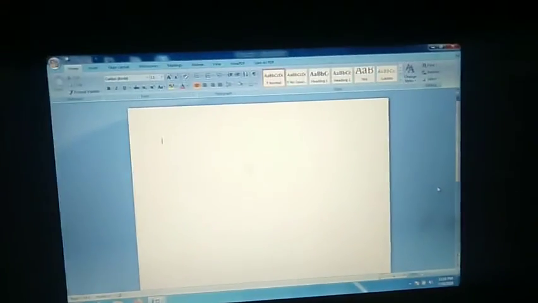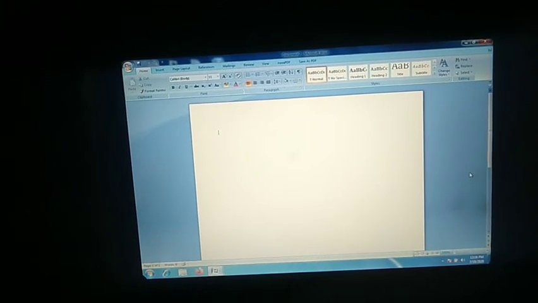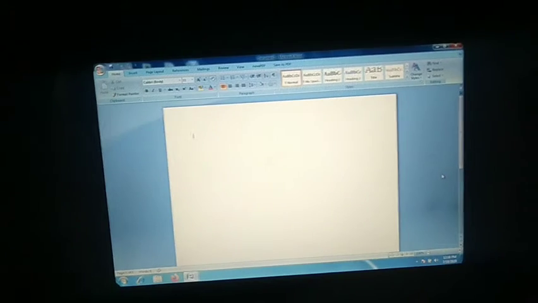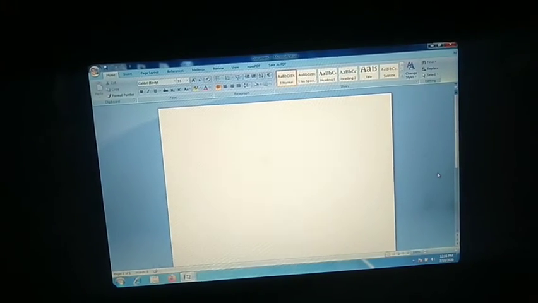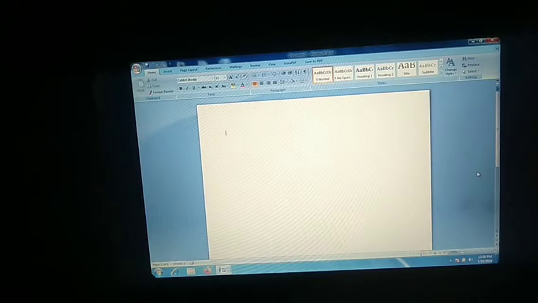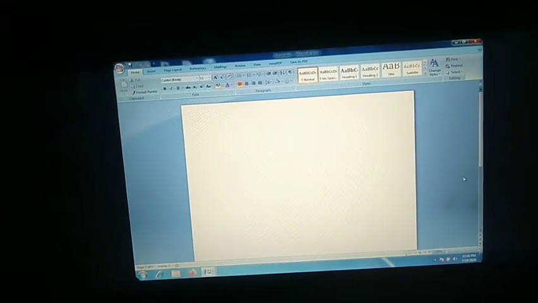This is our MS Word file. Is it clear? The screen is the MS Word file. Now if we want to save this file, suppose I have to save a blank file, I don't want to write anything, or if I've created any file and I want to save that, what will I do? See, first of all, the shortcut key to save a file is